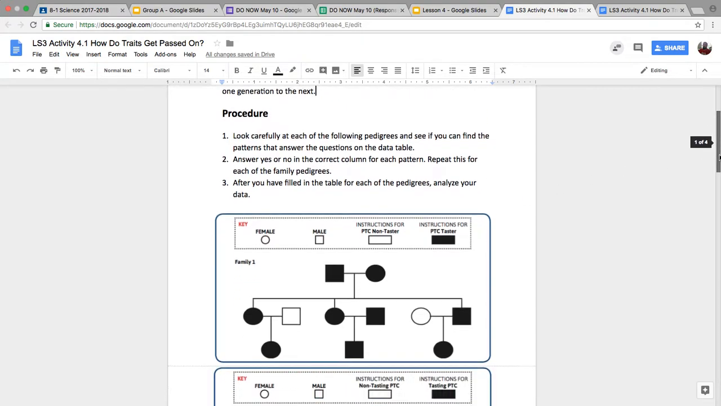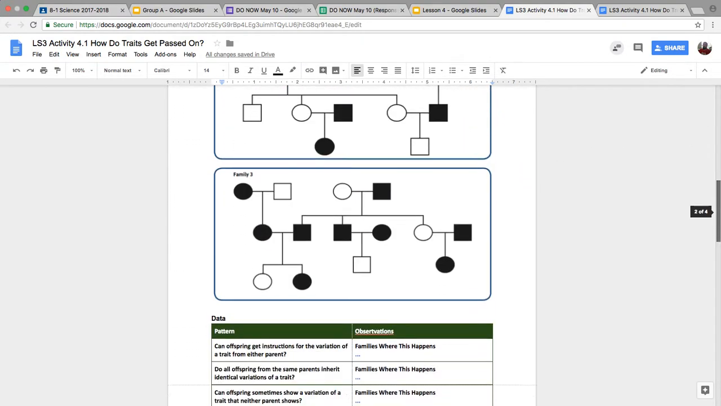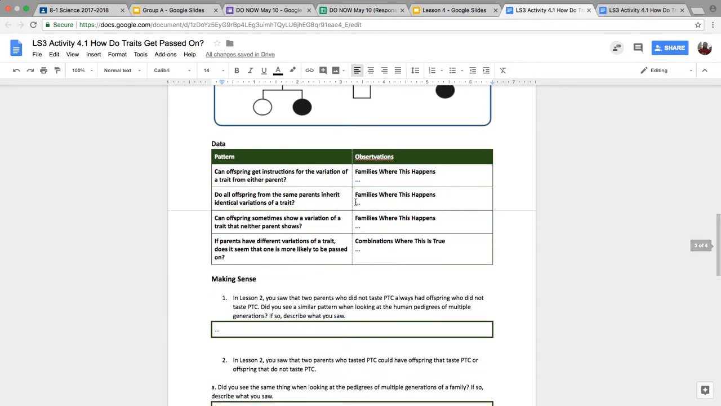What we're going to do is we're going to go down past the pedigrees, look at our data table, and when you look at each of these pattern descriptions, you're going to go ahead and look at families 1, 2, and 3, and you're just going to list right here whether you see that pattern in that family. So first of all, the first pattern, can offspring get instructions for the variation of a trait from either parent? If you look at both